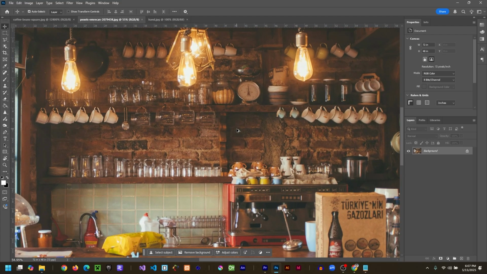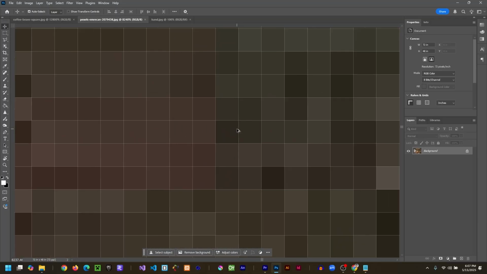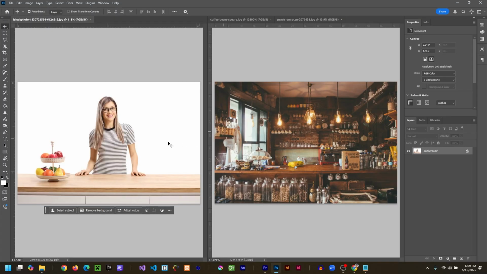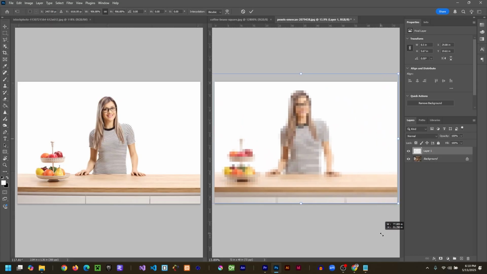This week we're talking about resolution, what it actually means, how it works in Photoshop, and why it matters when you're getting images ready for print or digital media. You've probably run into this before. You drop an image into Photoshop and it comes out tiny. You scale it up and now it just becomes a big blurry mess.